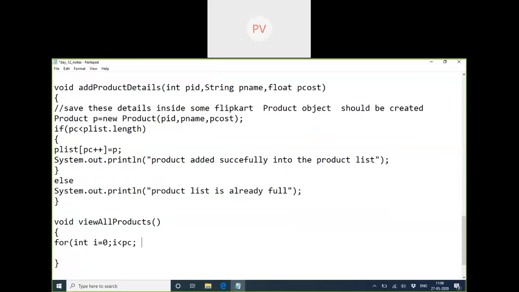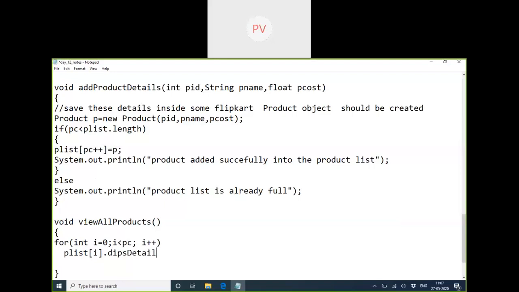In that, the list of I means the product, right?